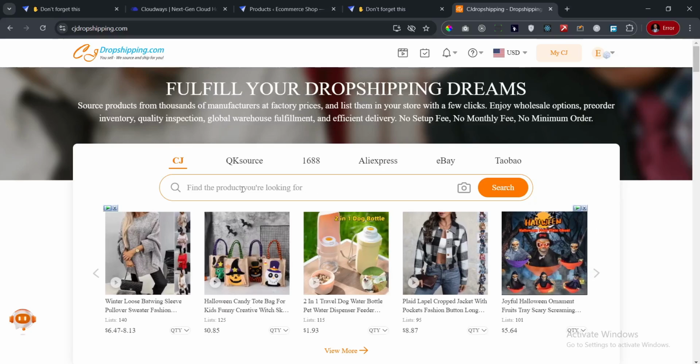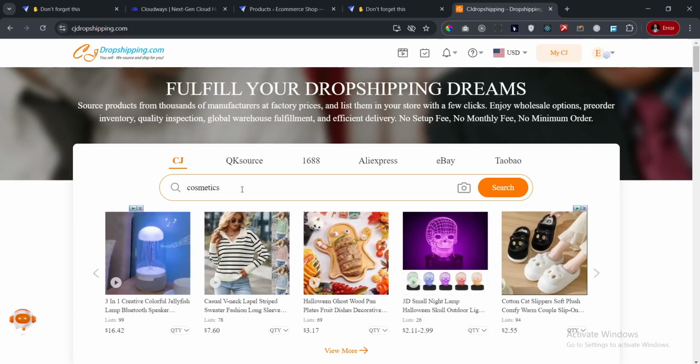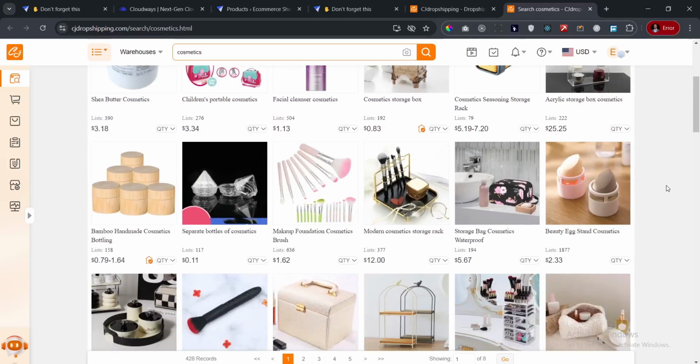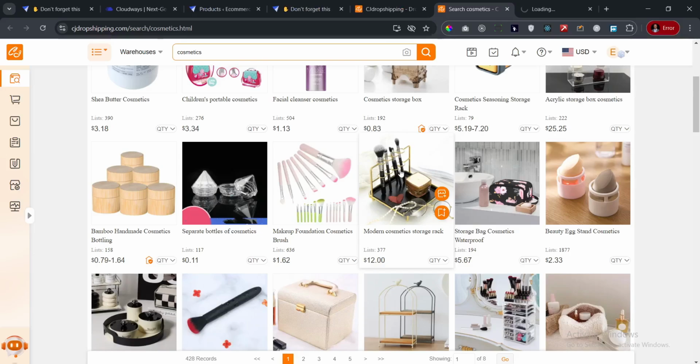So right here, I'm just going to search for cosmetics, and then I'm just going to hit search, and let's give it. Okay, so perfect. It's showing me a lot of cosmetic products, and I'm just going to add a couple so that we can see exactly how it's done. Okay, I like this one, and I think this is one of the ones I added before. So what I'll do is I'll just open it in a new tab so that I can add maybe like